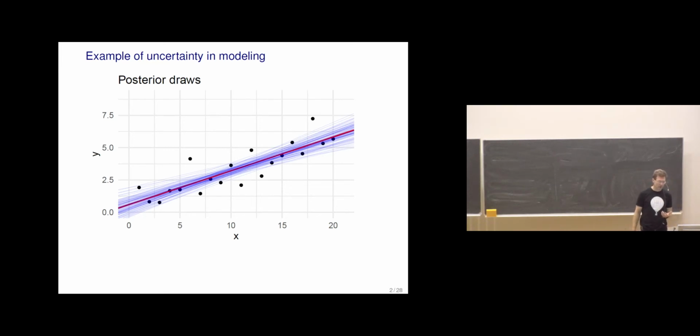There are more of these blue lines close to the red line, so they are more likely. And these are now based on computing the posterior distribution, getting samples of intercept and slope values, and with each sample we can draw a line,